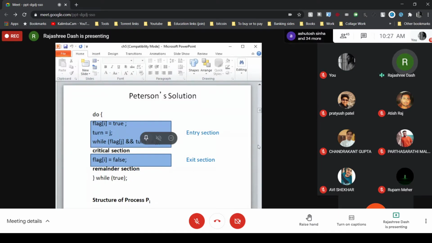So as I have told you, your critical section problem is mainly structured to contain an entry section, critical section, exit section, and the remainder section. So critical section is where it is going to change the shared variables. Remainder section is the other part of the code. So now come to the entry and the exit section. Using the Peterson solution, look at the entry section, what are the codes written.